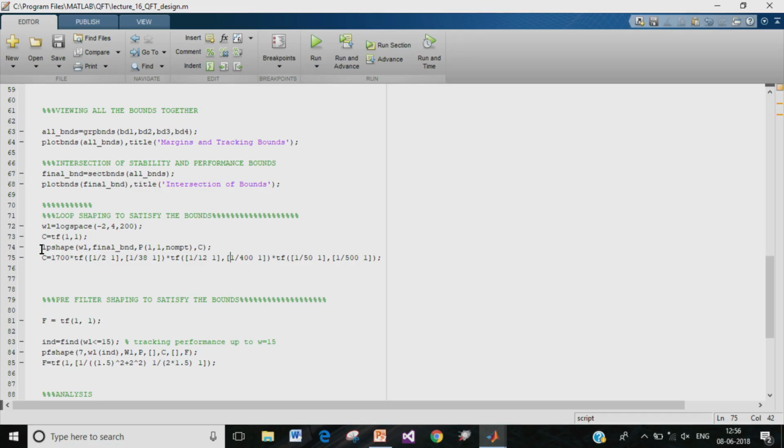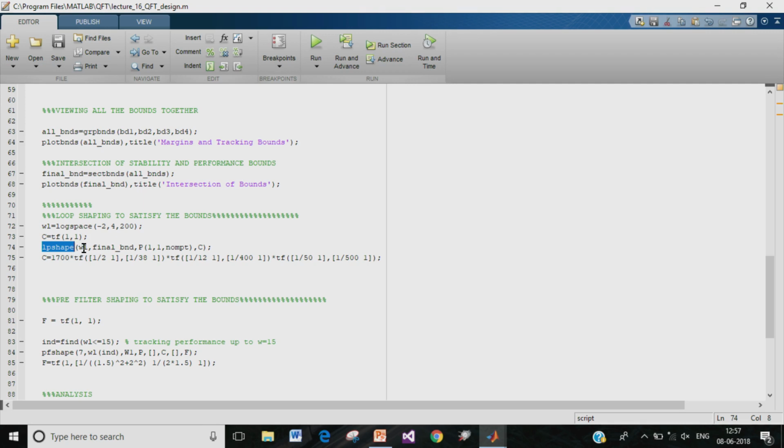In order to perform loop shaping, we have to use this command LP shape, which I am highlighting now. LP shape allows us to plot the Nichols plot and overlay upon the Nichols plot the different bounds that we have computed now, and along with that also the loop shape of the nominal plant.